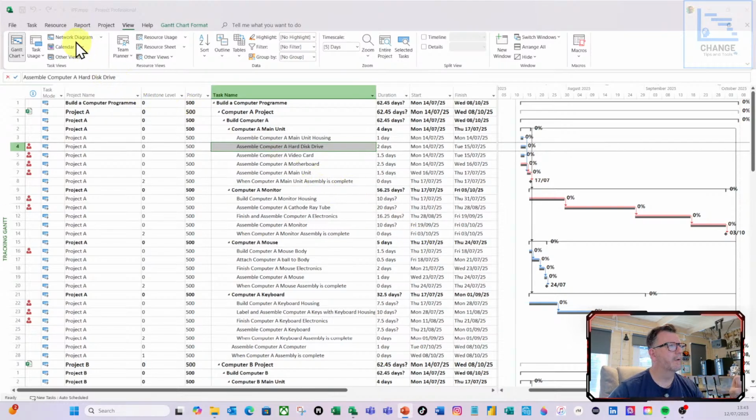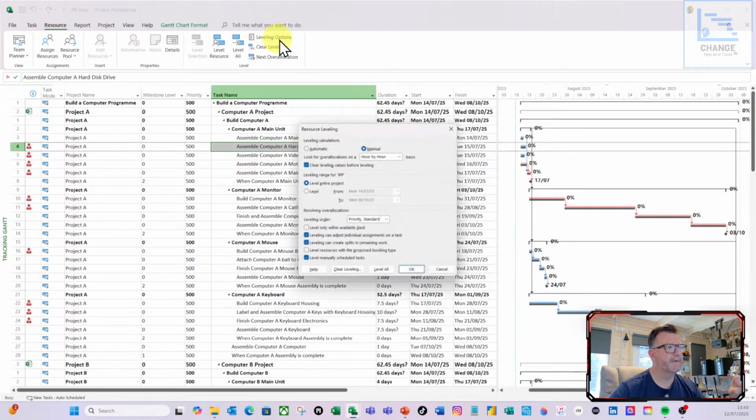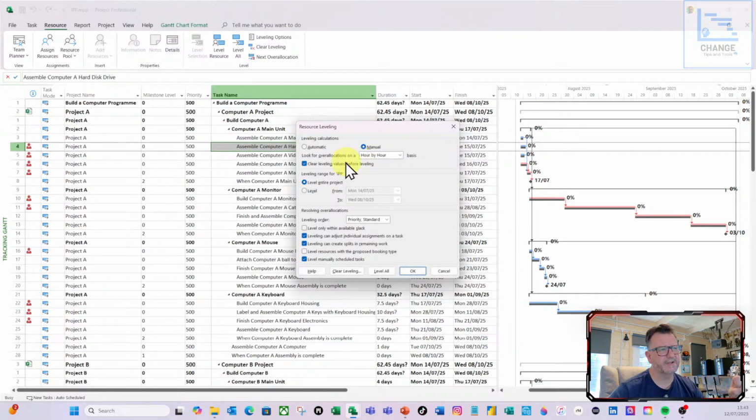So I'm going to do resource ribbon. I'm going to go to leveling options. I'm going to stick to hour by hour, and we're going to do the entire thing. So we're going to look at everything within the project, and let's do the first one, ID only, and let's see what happens. So if I click level now,